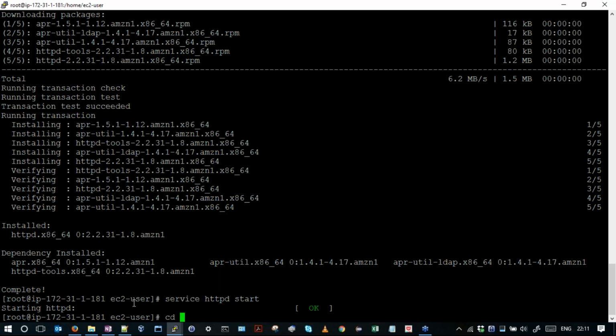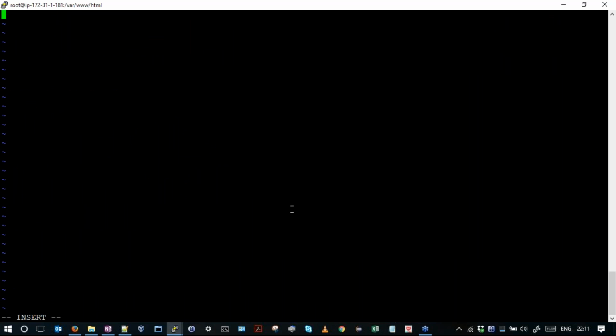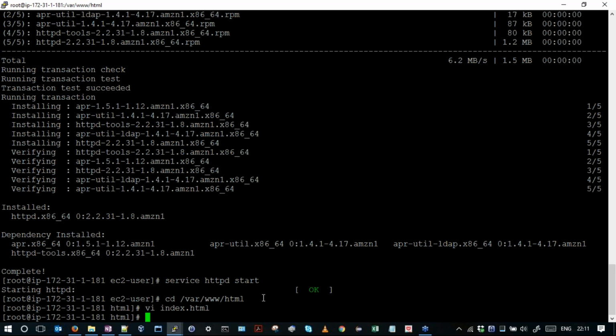First I'll cd to that particular folder and then create a file called index.html. In this I'll simply say I am web server 1, and save the file.